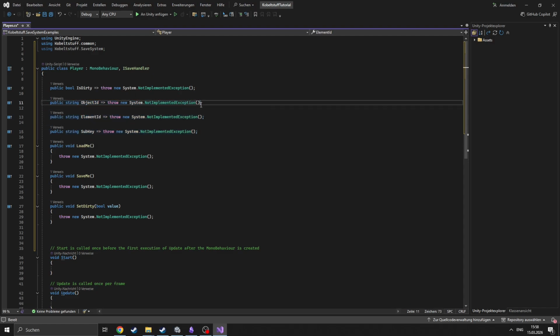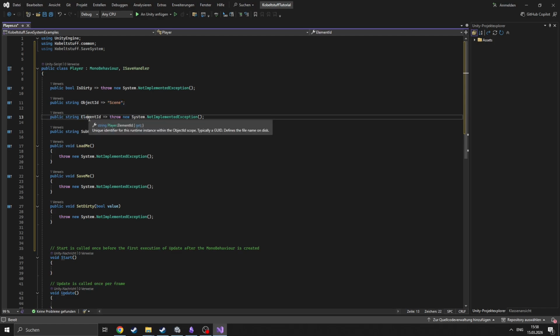We have an object ID that I usually use for the scene name, scene build index, something like that. The object ID is the whole container which gets loaded. As you can see, it's a container for all the active data, the live data. So all the data living in the scene, all the game objects like that, or all chunk data. You can use it as you see fit. I will call it simply scene for the example,